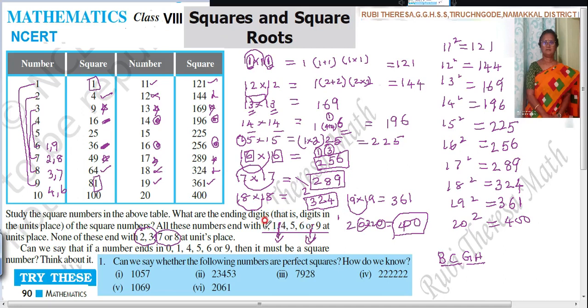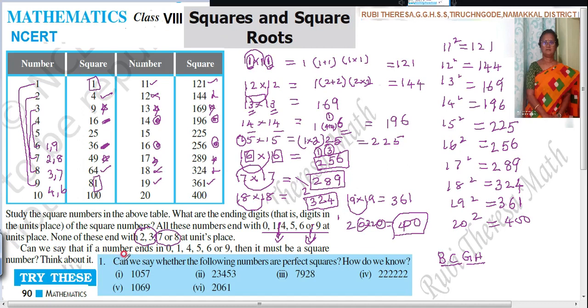You don't consider this 0, because 0 we know, isn't it? Automatically 10, 20, 30, 40, 50. So we know. So first, beginning, 1 is there. Then 2 and 3 are not there. The last number is what? 9. So previous to that, 8. Then 7. 7 and 8. Is it okay? Then let us do this.